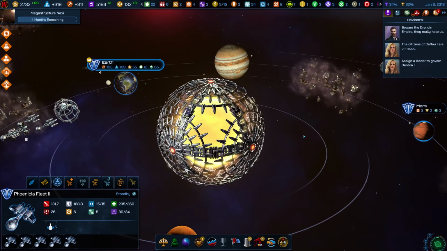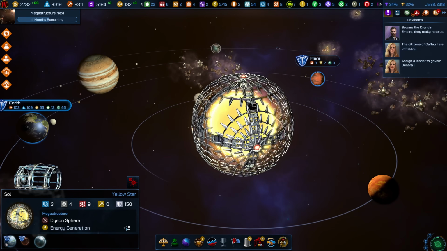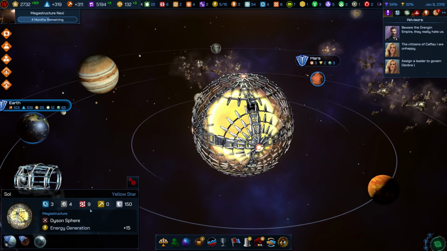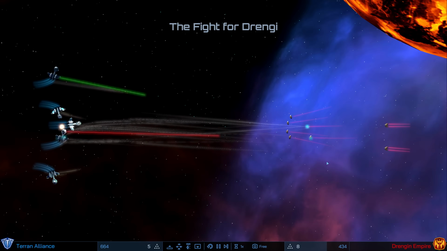Greetings and welcome to another round of Galactic Civilizations 4, this time finally trying out the new Megastructures DLC that is coming to Steam on December 10th. Don't worry, in this Let's Play we're not going to cover too much early game and jump to mid game